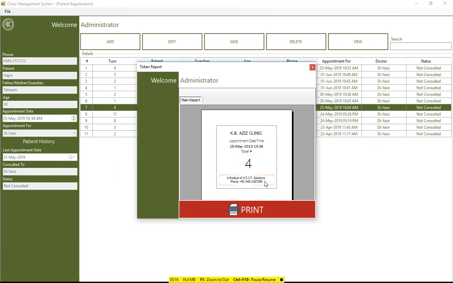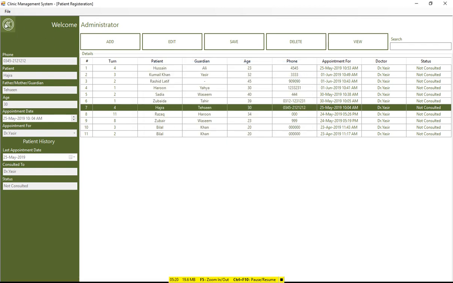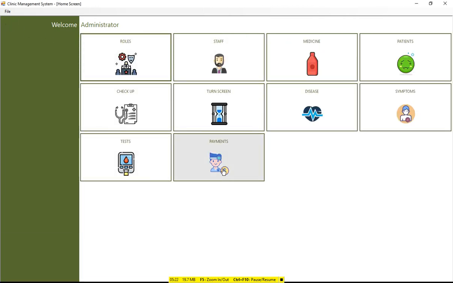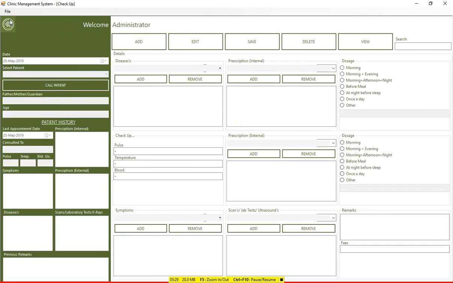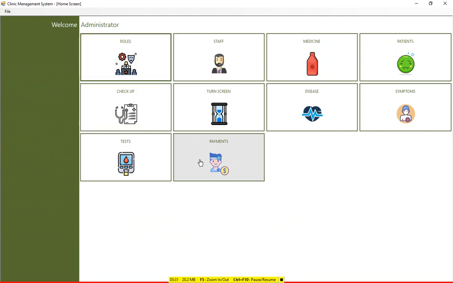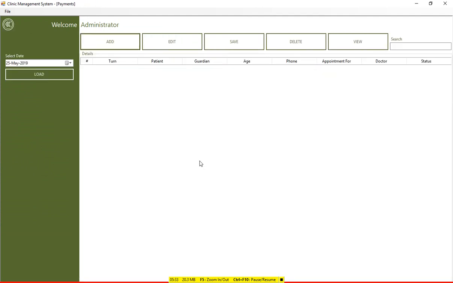Now it's fine. Okay, so your report is perfectly summed up here in front of you. Now you have to go to the payments window. So I have already created a payments window. Here, when the doctor successfully checks up the patient, the status will update. I have demonstrated that, and then those patients who are checked up come out at the reception, and then